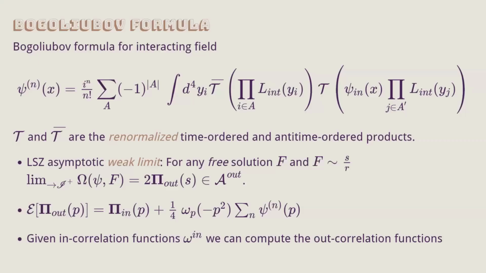This is what you do. LSZ: let's say you have a positive frequency solution, a negative frequency solution. You can take a limit of that with the field. In the scalar field, this is the positive frequency, and you take a limit and you get the negative frequency annihilation of it. What is this pi? I'm coming to the right hand side. So this pi is an asymptotic field operator that you get from this limit.